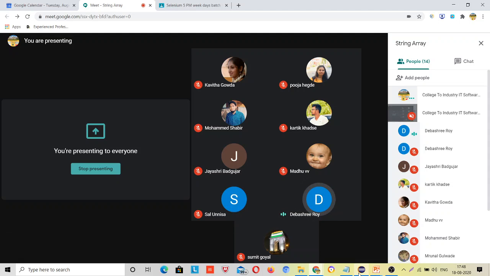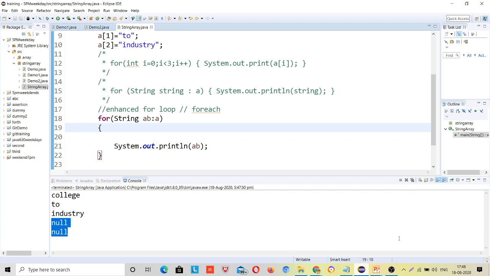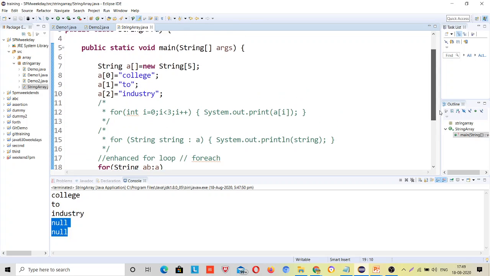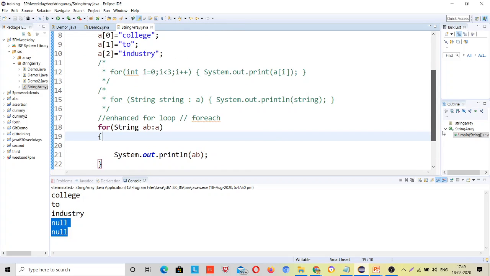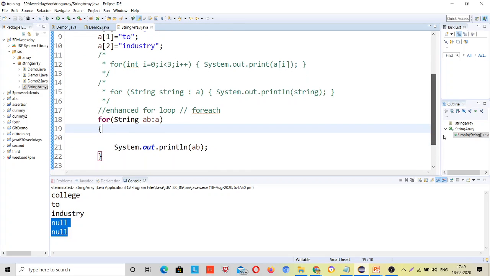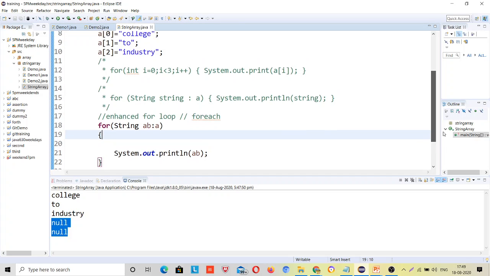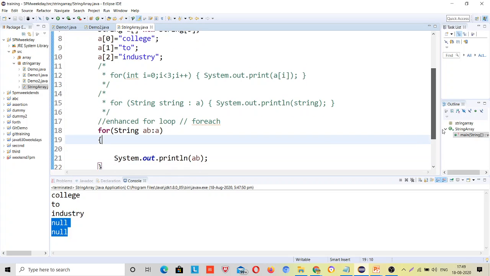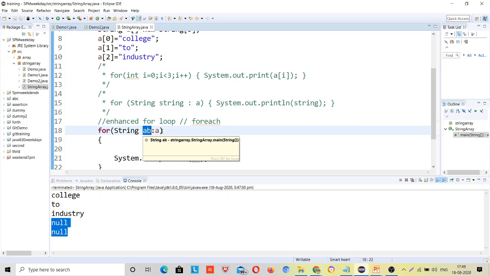Simon, earlier you were declaring AB in the first place, but still it was not taken, so many errors that initialization was not done. Like, you directly use this AB. I have assigned this A to this AB, right? It has copied over here, but it is printing one by one.